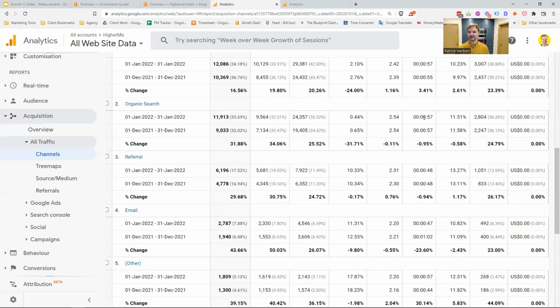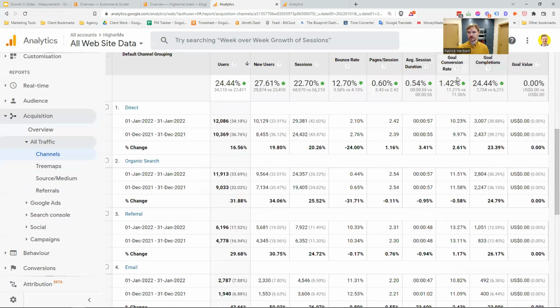see. There we go. So to scroll across, if I go here to goal conversion rate, and I go back to organic traffic, goal conversion rate here, 11.51%, 11.58%. Not a big change in goal conversion rate. Not a big change in goal completions. About what? A couple hundred more. Not too bad. Goal value is 0 though, because we didn't set any goal values when we set all this